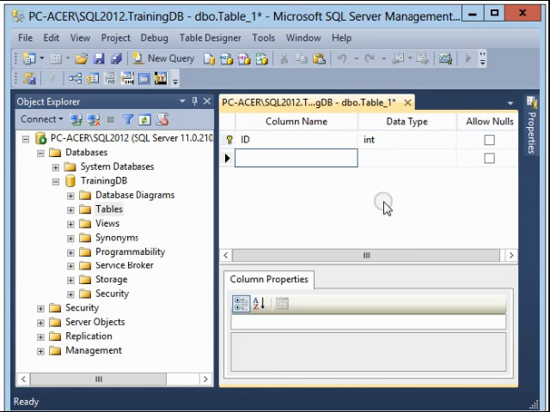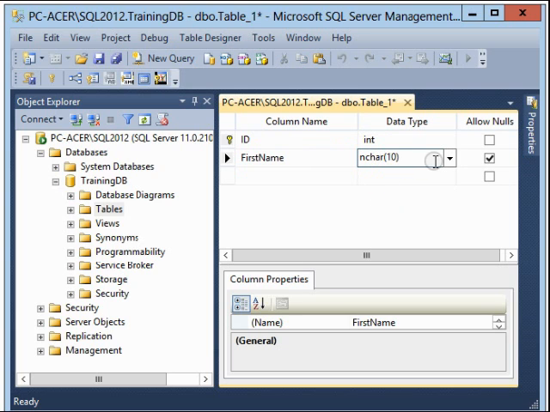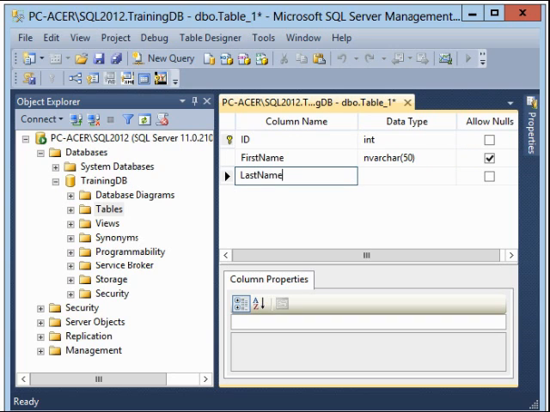The second column will be the first name. So first name, and the data type, I'm going to choose this one, varchar 50. I allow nulls for this column. I'm going to write down the other column, which is last name. I'm going to select also varchar 50, allow nulls value, and also